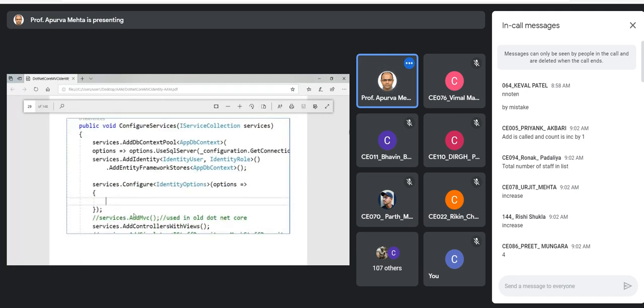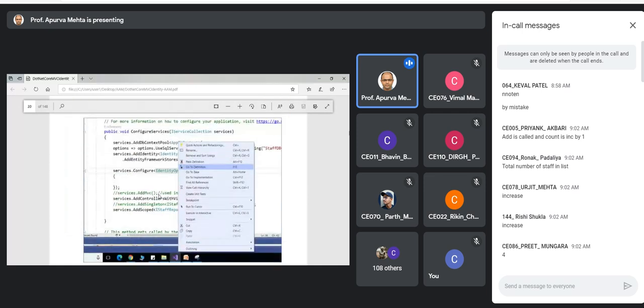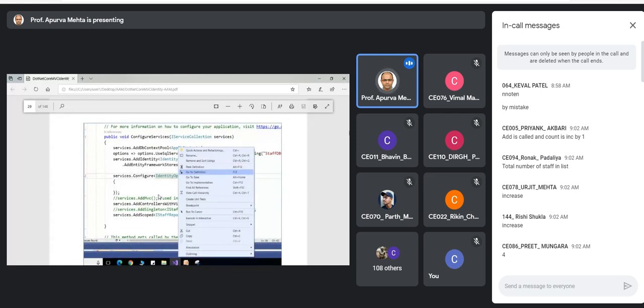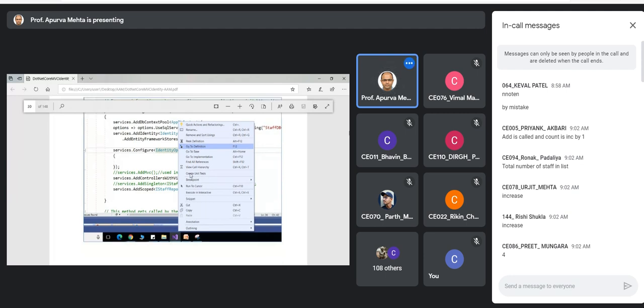So here in ConfigureServices, you see that you have added EF Core first, then you have added the identity. Now you are changing the password option class. So password option is the option of identity. So identity options is the generic parameter. And if you want to see the password option class, then you click on these identity options and go to definition.